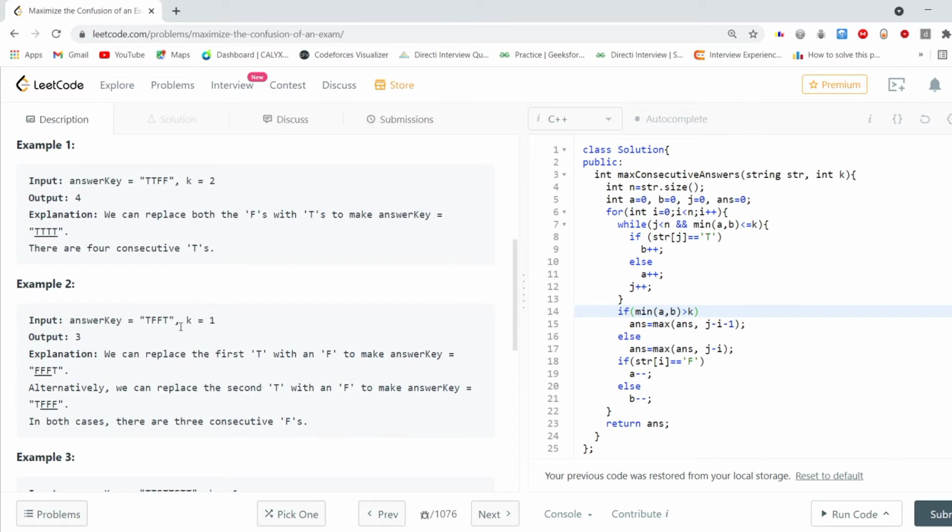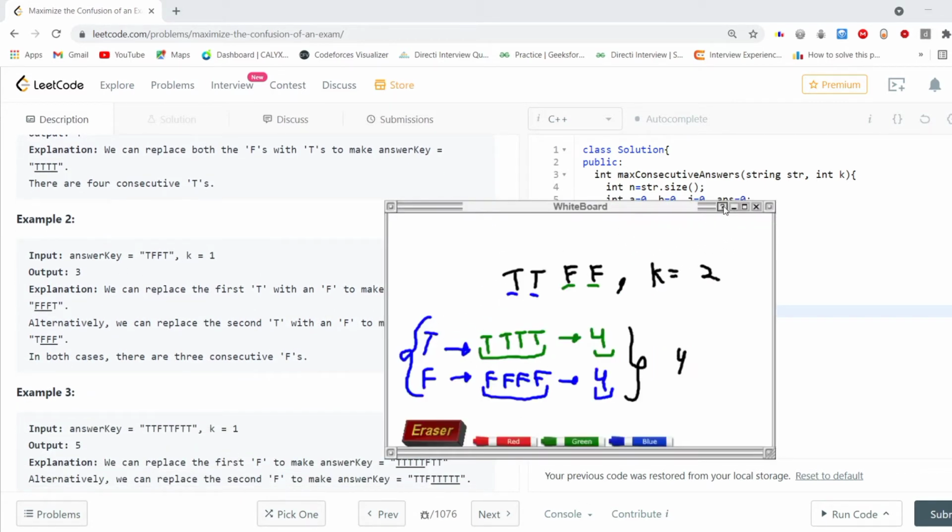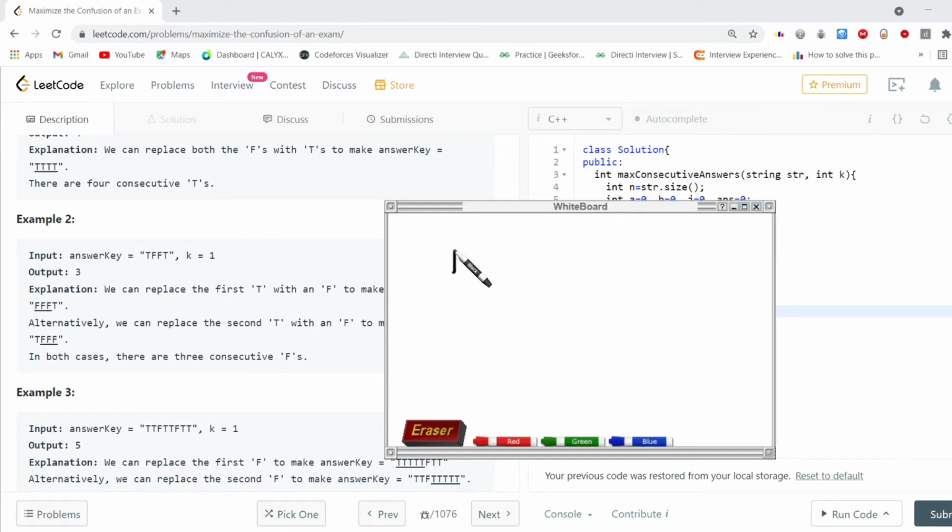Now let's see test case number 2: T, F, F, T, with k equals 1. Let's see the max number of consecutive T's we can get, or the max number of consecutive F's we can get.